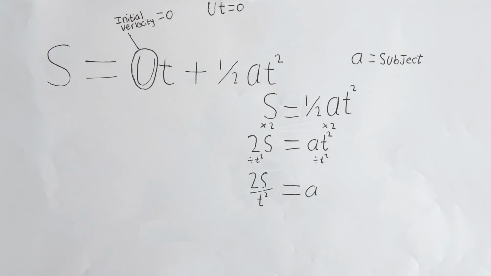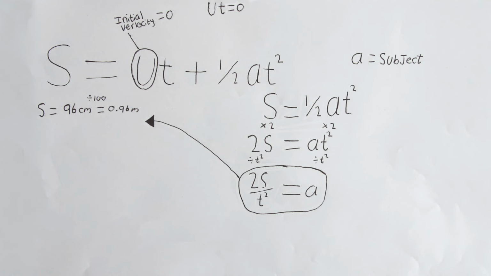Now we have made a the subject, we need to substitute the distance and the time. The distance of this experiment was 96 centimetres. However, we need this distance to be in metres. So we divide 96 by 100 to get 0.96 metres. The average time was 0.472 seconds, and we can keep the seconds as it is. So when we substitute the numbers in, we get 2 multiplied by 0.96 divided by 0.472 squared, which is equal to 1.92 divided by